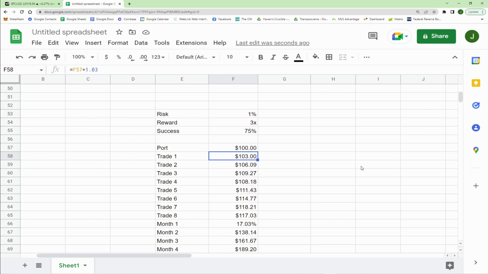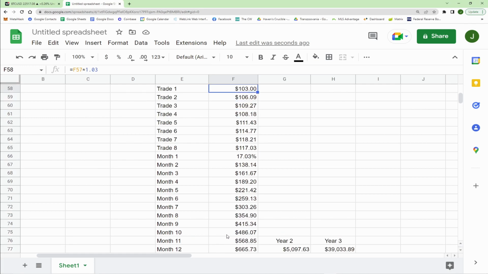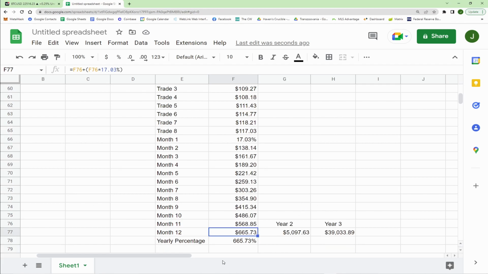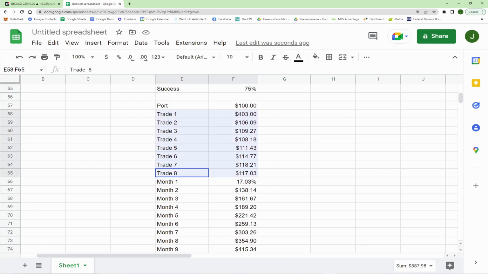So then, we're going to move this along. After a year of doing this, we're up 665%. Now, I'm not saying it's easy to maintain 75% of your trades, but I am saying in crypto, you're likely to be making more than 8 trades per month, right? Almost certainly, you're making 8 trades per month, and 10 to 20% profit per month is not unreachable.